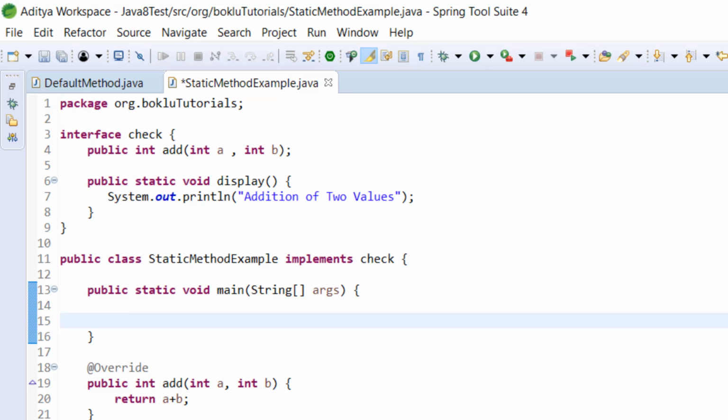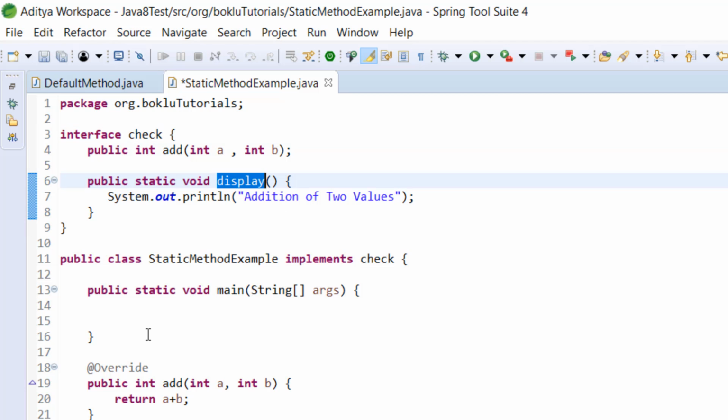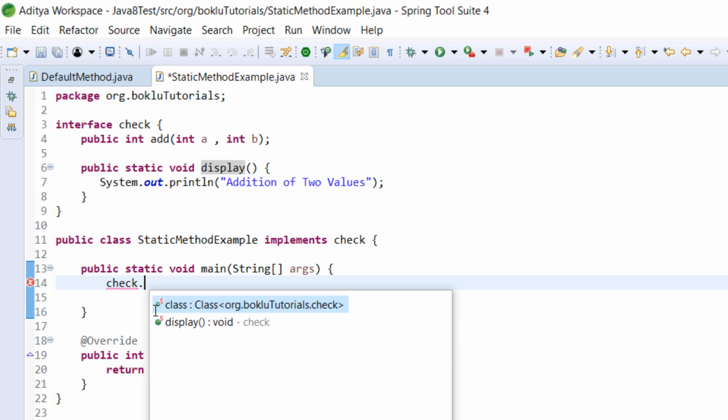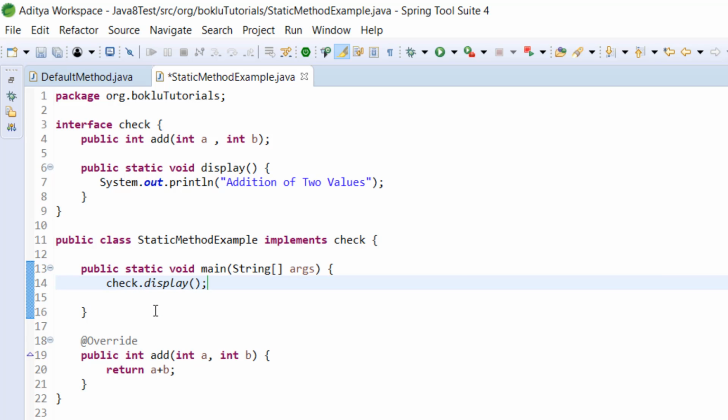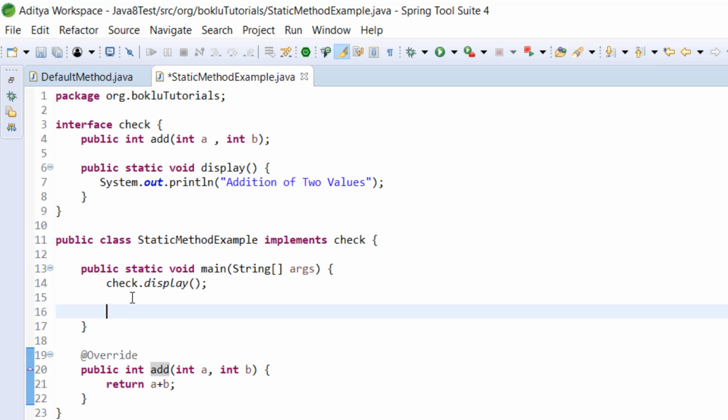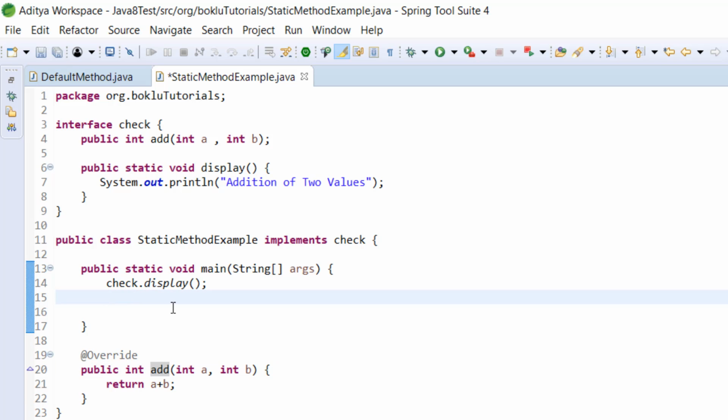So let's call the static method first. We know how to call a static method: interface name dot method name. So Check dot display method, and after that we are going to call this add operation. How are we going to call it? First of all, we will create a reference with the help of a new operator.